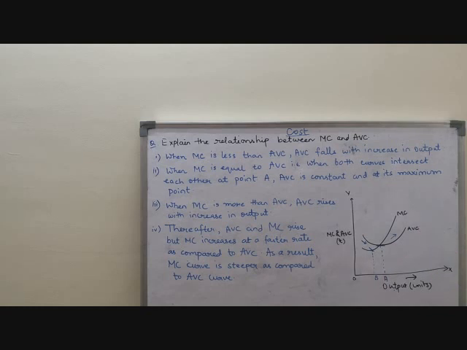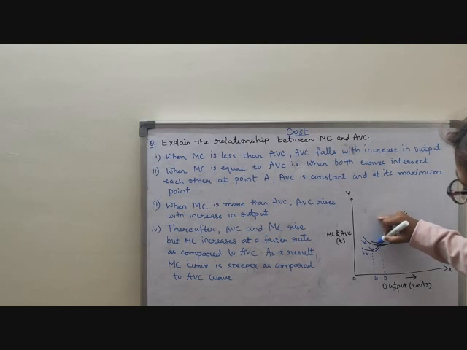That means I want to say that both the curves will fall. See, marginal cost is also falling, average variable cost is also falling. But what I am trying to say is that marginal cost will be less than the average variable cost. Clear? See, the minimum point of marginal cost has already come here at point B. After that, marginal cost is rising. Can you see this one? First it is falling, and after that it is rising. And average variable cost is still falling.